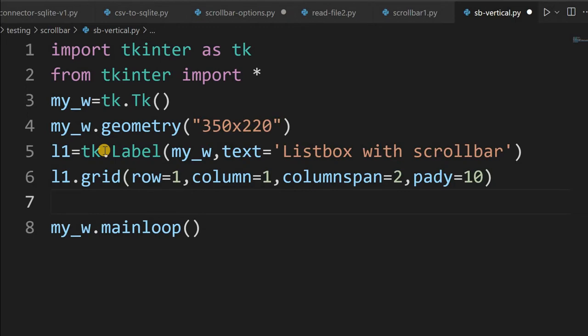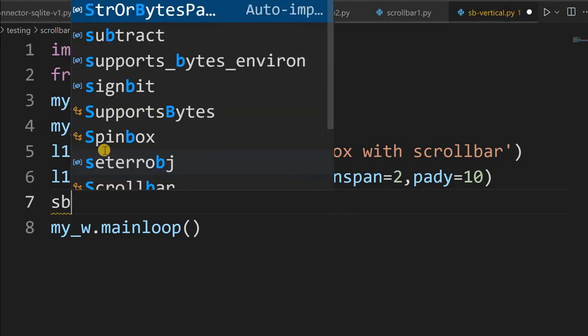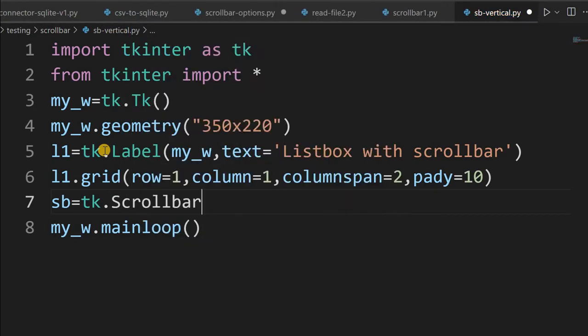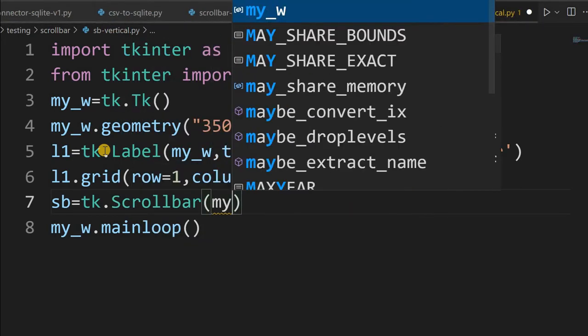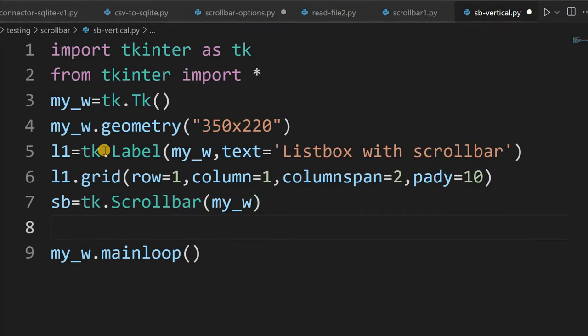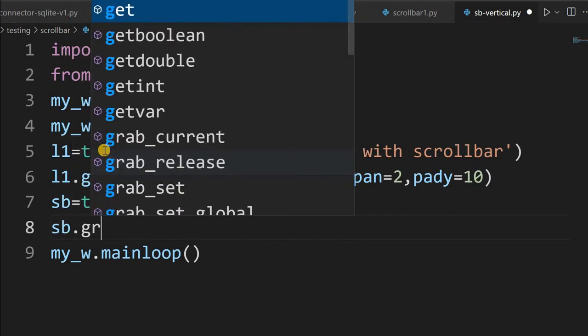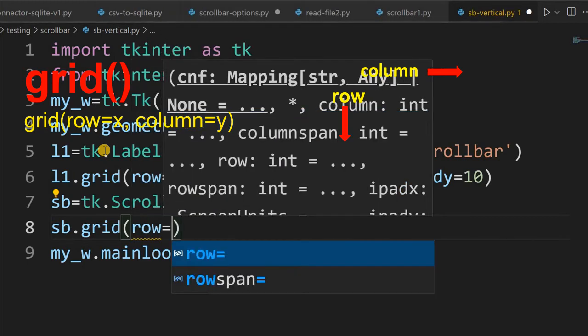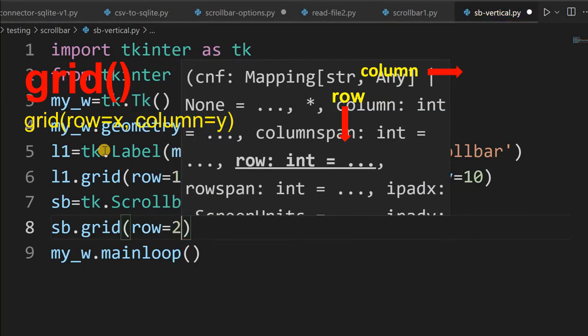So next we'll move to give the scroll bar. SB, or scroll bar, equal to tk scroll bar. Fine, my parent window. I am not giving any options right now. Then we'll place it on grid. This time we'll take it on row 2, next to the label.